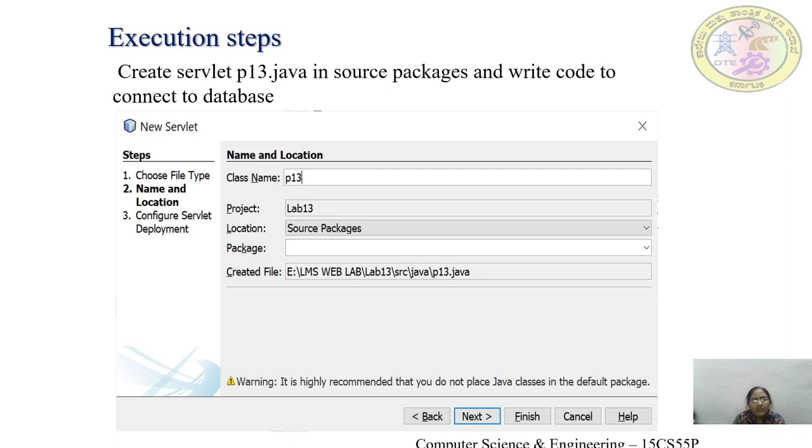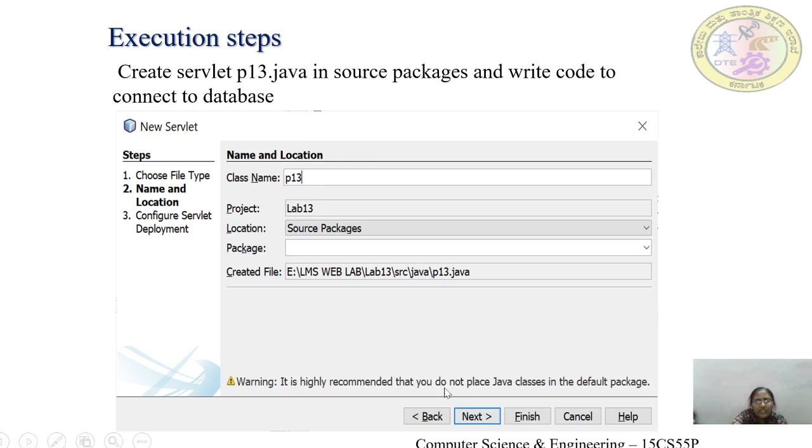Once the HTML file is ready, go to new file, and create one more servlet called P13.java in source packages. That is, you go to source packages, right click, then create a servlet page. In that page, you have to write the code for receiving the data given in the HTML file.